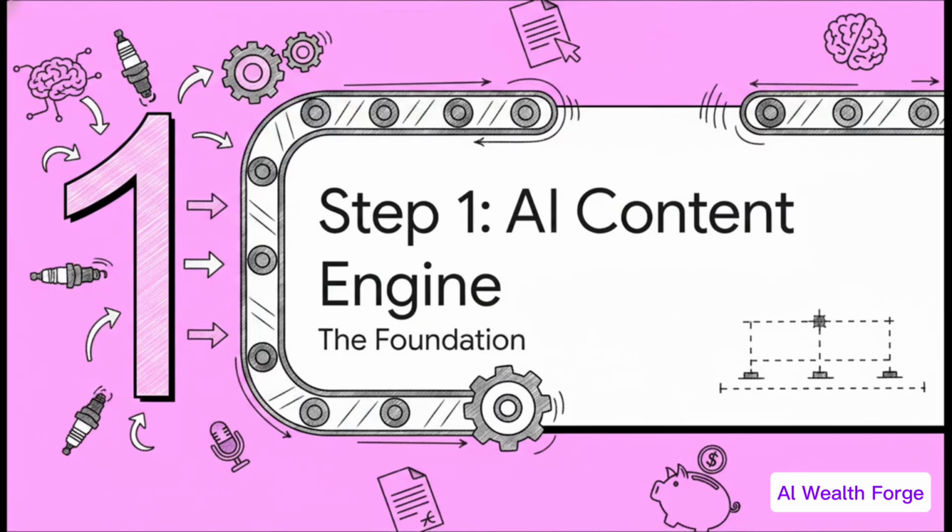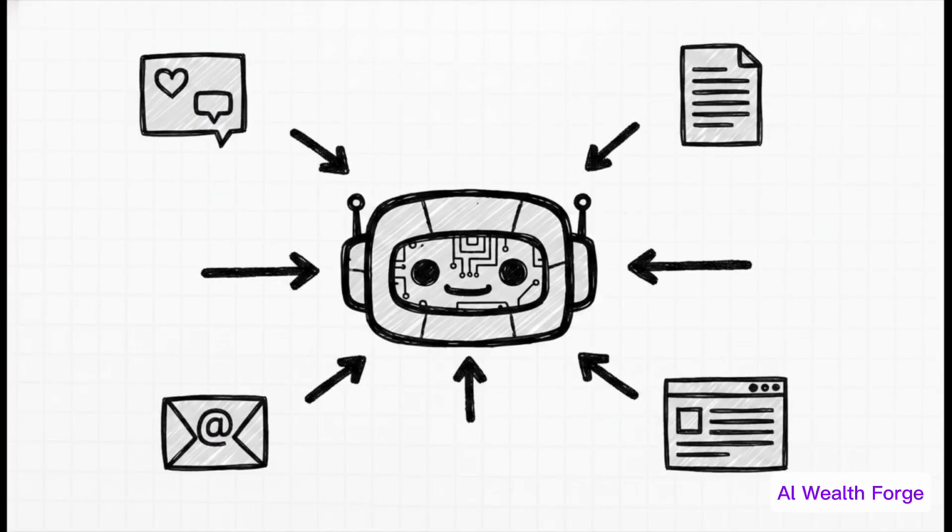Okay, so how do we actually do this? Well, it all kicks off with step one, setting up your AI content engine. And trust me, the best part is, this engine is basically already built for you. Yep, that's it. You don't need a bunch of fancy, expensive software or anything complicated. The one and only tool you need to get this whole thing running is ChatGPT. I bet you've already used it. It's super simple, crazy powerful, and it just works.